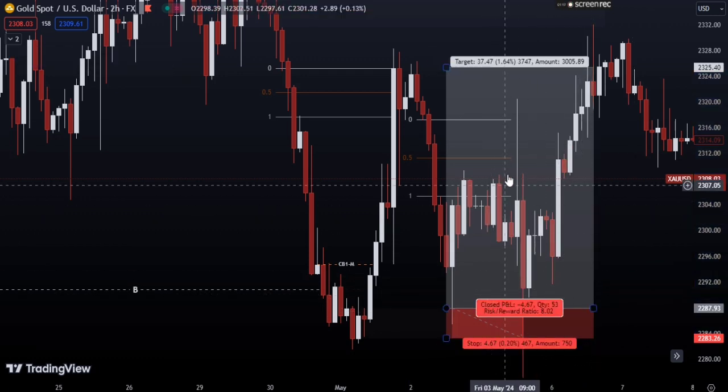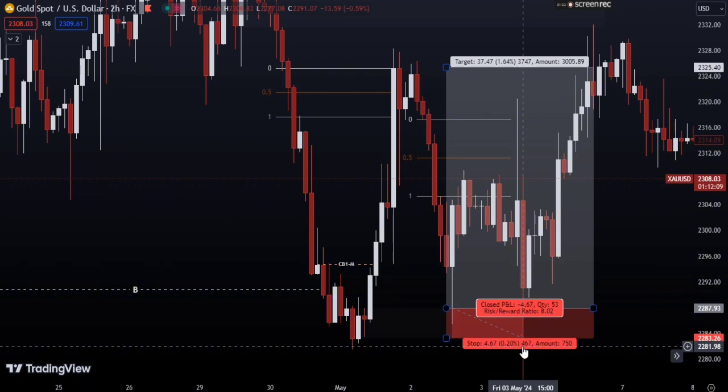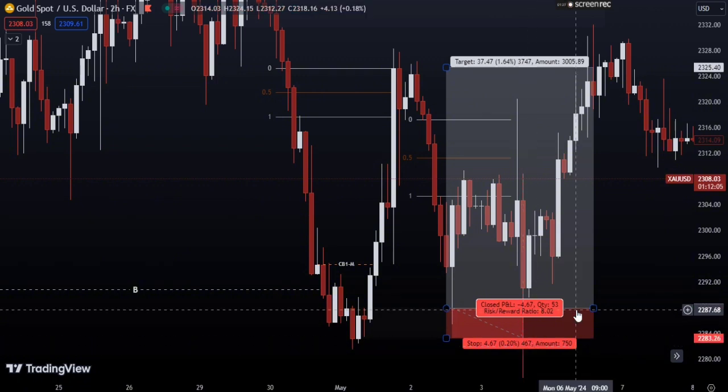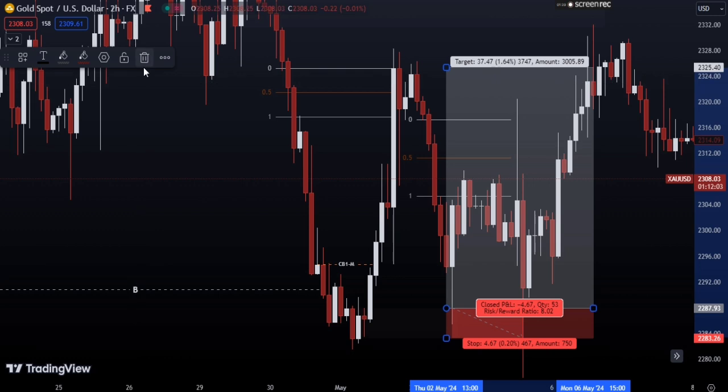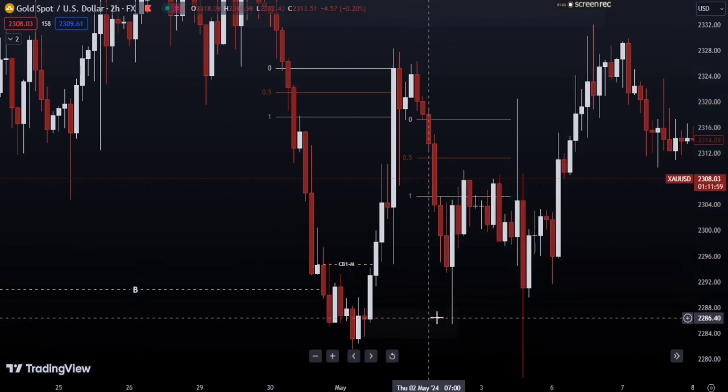So this means before even the price gets to that point, because you can see the price went to the upside and then it takes you out, and this means you lost. That's how we were going to trade it. So that's a loss, a pure loss. But you can see the price really respected. There's a high liquidity at this point.